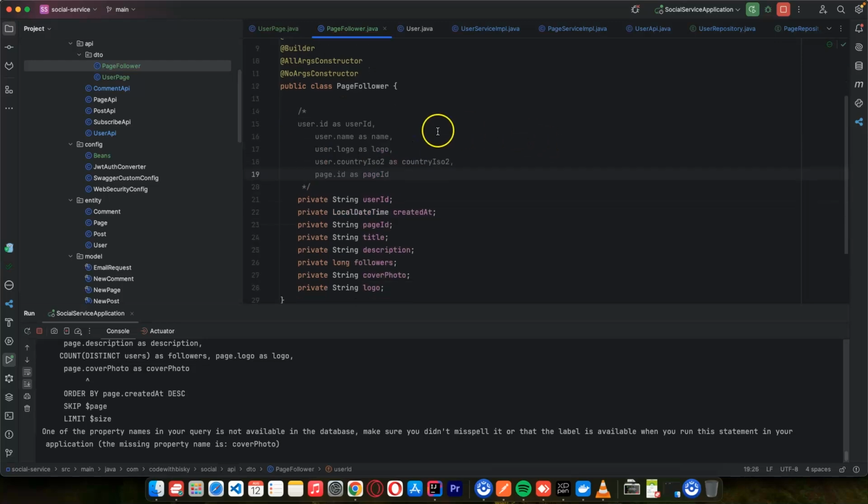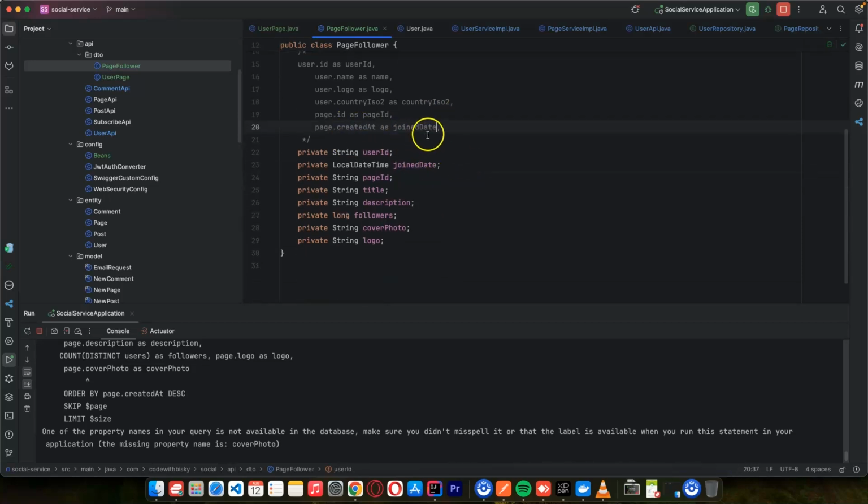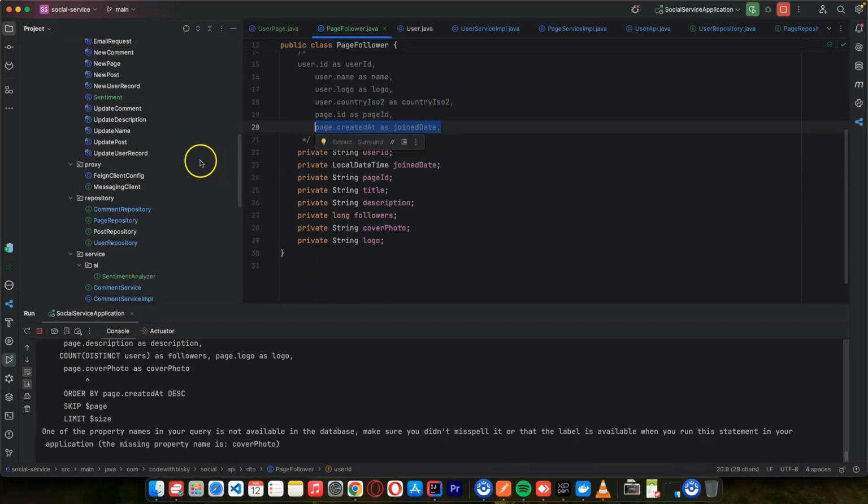Multiplying, commenting, and here it's going to be a name. So I think we need also the joined date. So I can just say joined date. It's going to be like this. So I will come here later and I will do this. Here it's going to be page created at as joined date. I will add this line. Let me add this line here in my query, in my repository,